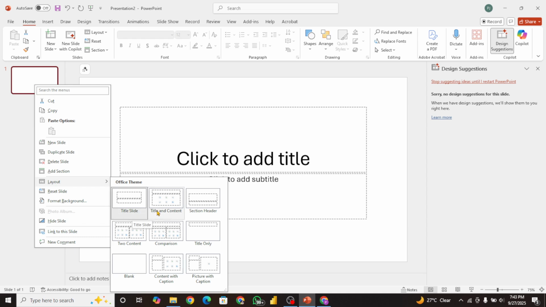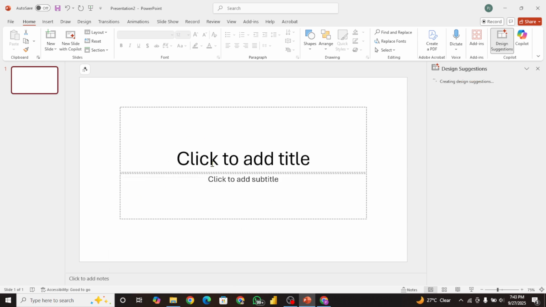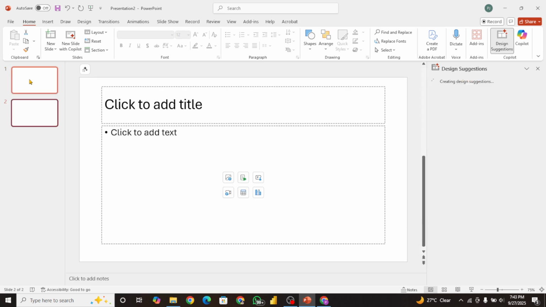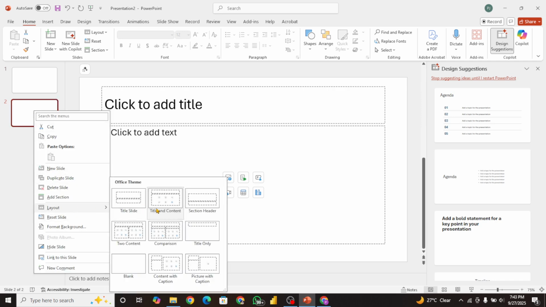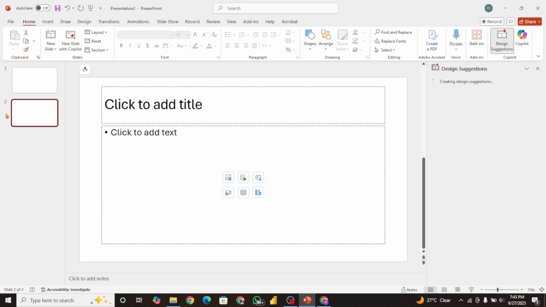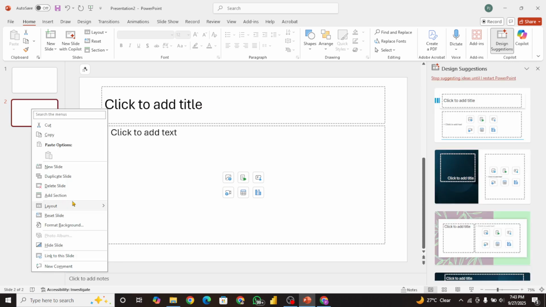We have title slide, title and content, section header, two content, comparison, and title only. So the title slide is what shows the title. This is our title slide. Where we are right now is a title slide. Okay, let me create a new slide so you see what I'm saying. To change the layout of this, once you click on layout, you will see title and content. It means this slide, you want it to be title and content. If you want to change the layout, you go again,